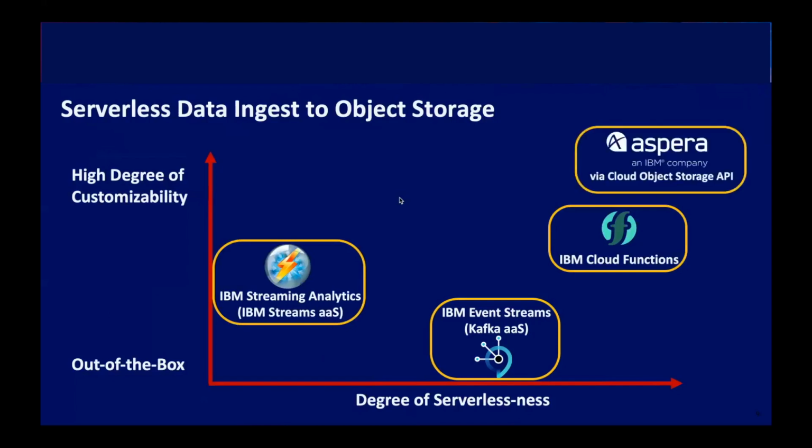And finally, must not forget, there's also Aspera, which is not really a service that is active for you. This is something that you can call. The other things are triggered by the event, by messages. With Aspera, you can just upload data completely driven by your application. So you would have to drive that, right? If you have data somewhere, you can use Aspera via the COS SDK under the hood in order to write data to Cloud Object Storage in a pretty custom way. So these are the ecosystem of ingest options that you should be aware of. How do I get data actually into this Cloud Object Storage?